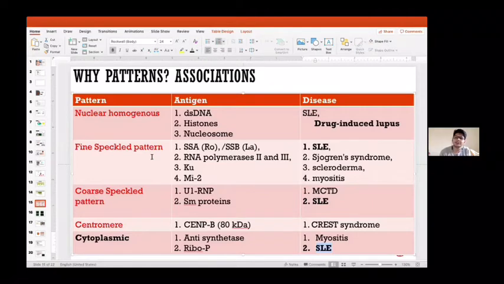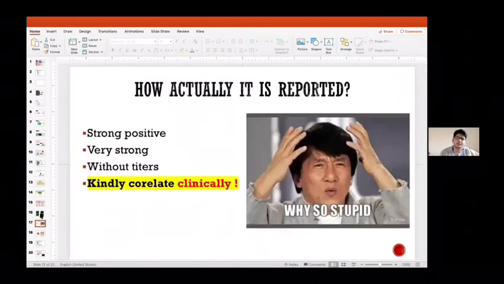Okay, but in clinic, sometimes we go in the reverse way. The patient comes to us from somewhere else and says, this is my report, my ANA is positive, what to do? Okay, so never ever address that ANA first. First, take your history and examination, make it very clear what you are dealing with, and it will be very easy. So now let's go one step up, to how it should actually be reported.